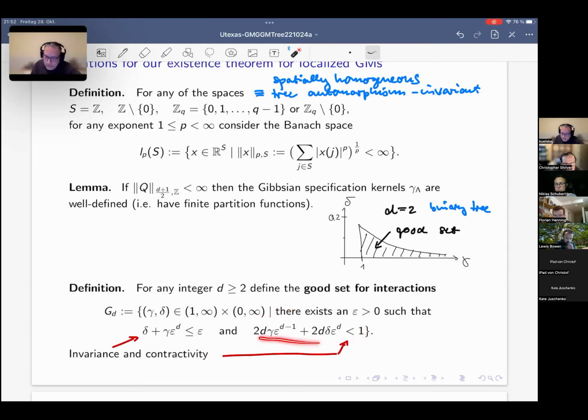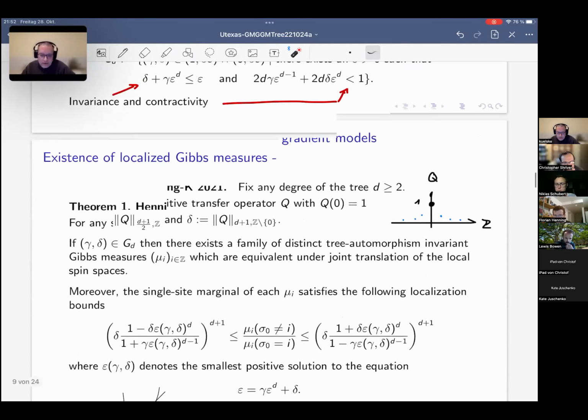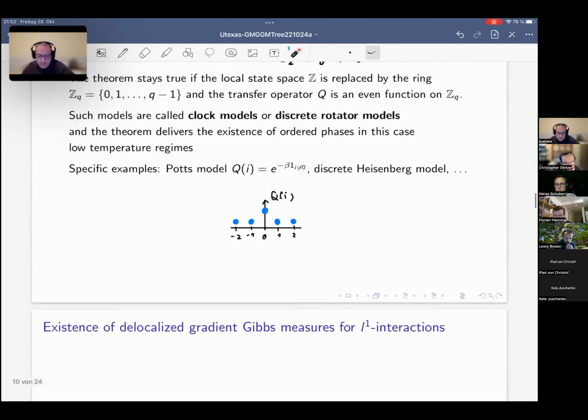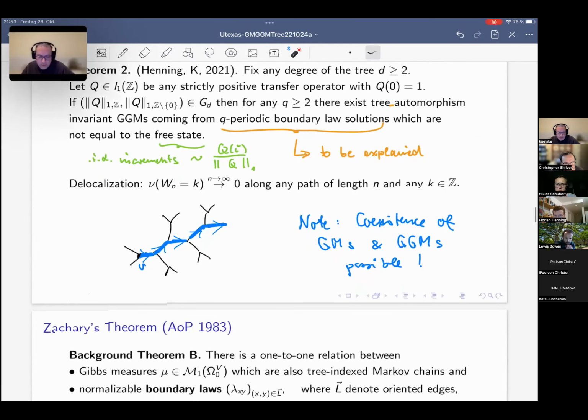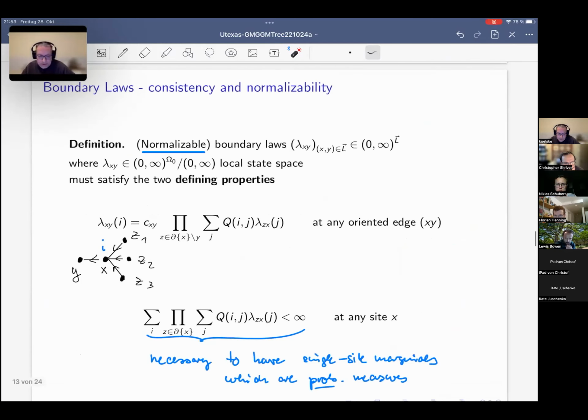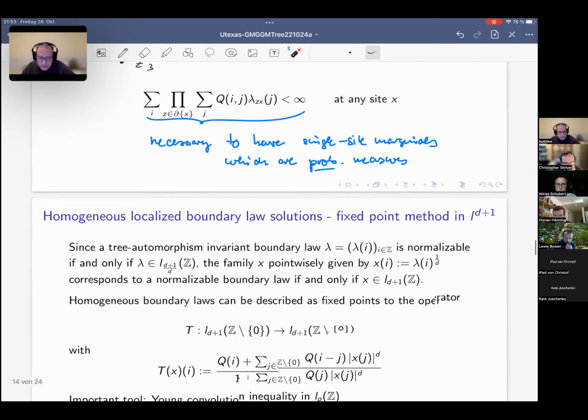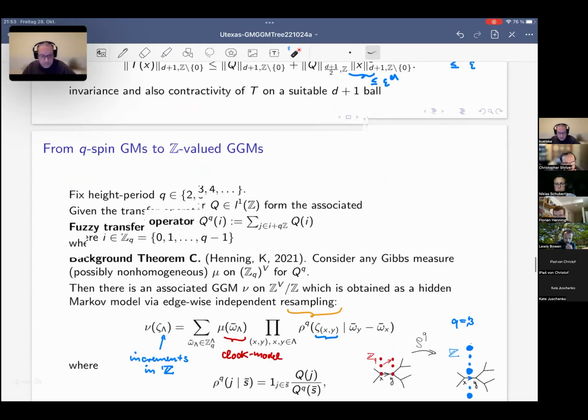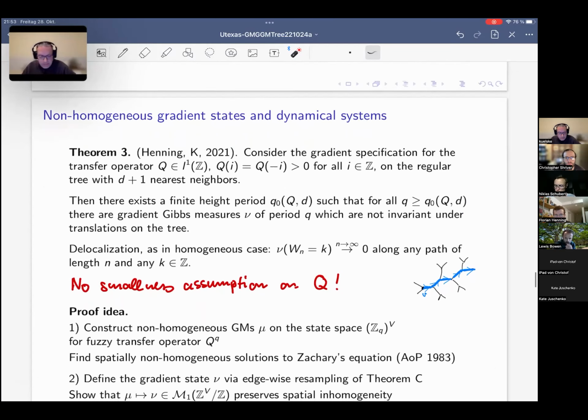So in order to see that this is a contraction, we have to work a bit more and play with the Young inequality, and this then gives us existence of fixed points. Then we can go through the machinery and get back to the measures with these formulas. So this gives us these localized states. And I see that I have to speed up a little.